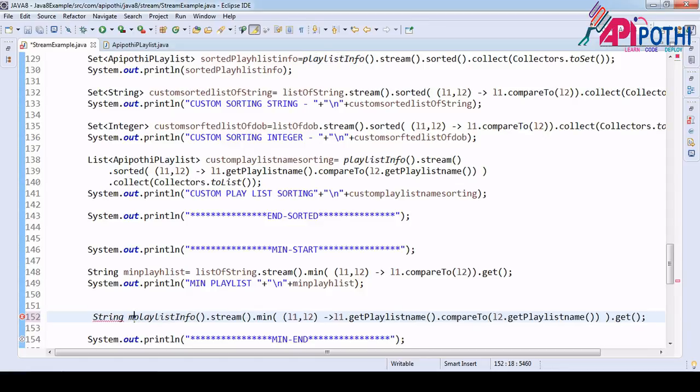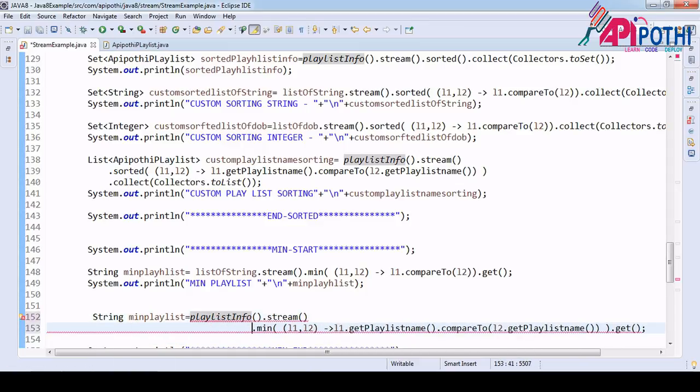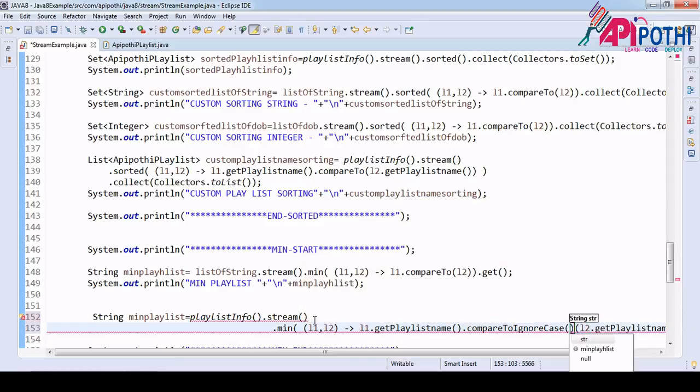String min playlist. What is the problem here? So here is the stream, here is the min L1 L2, L1 dot get playlist name compare to. You can use compare to ignore case also, but that is not the solution of this error anyhow.